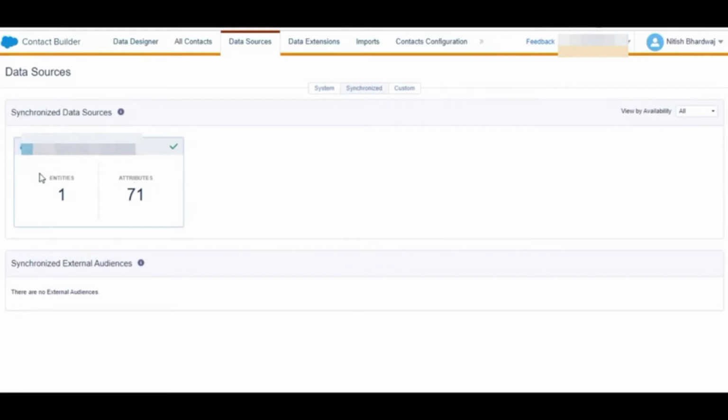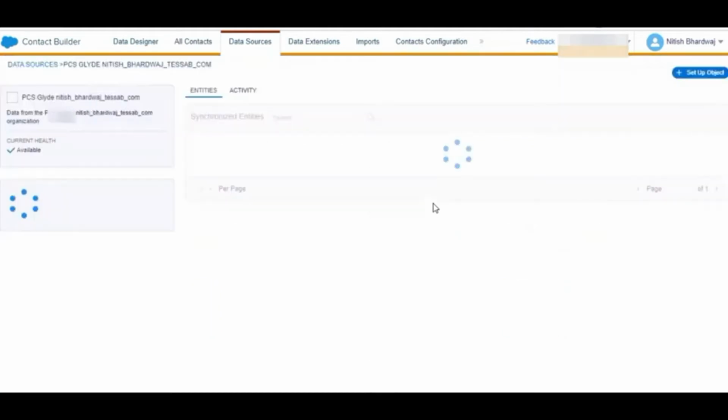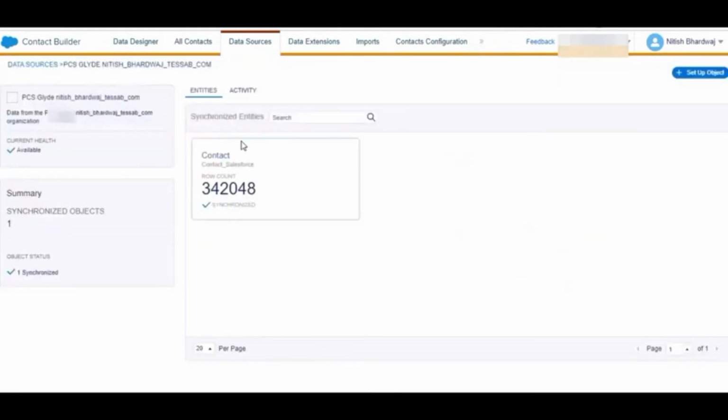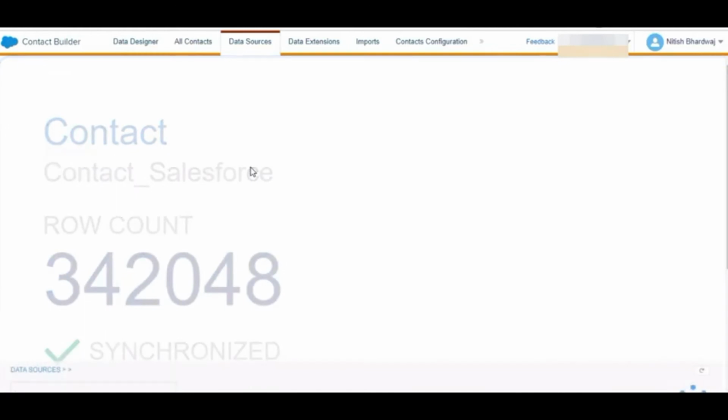You can see it is the Salesforce Service Cloud which I have connected in the Marketing Cloud. Initially the client required that we sync the contact records from Salesforce to the Marketing Cloud, so I have synced contact records. If we want to sync any object record, we can also sync it from Salesforce to Marketing Cloud.